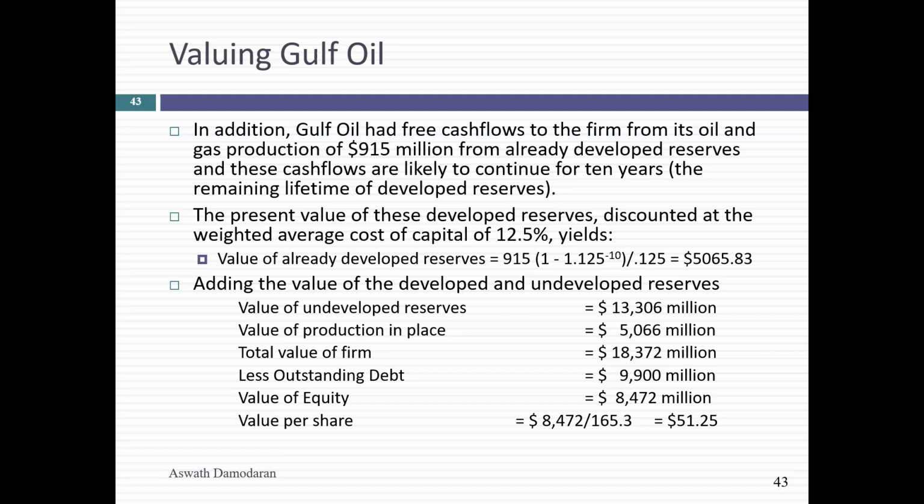Again, if I just did not want to bring out the option technology here, I could take the company, put in a higher growth rate, say they have lots of reserves, and do that as an alternative, but don't do both. Don't do a DCF with a growth rate because they have reserves, and then on top of that, add the value of the reserves as an option, because that would be double counting.